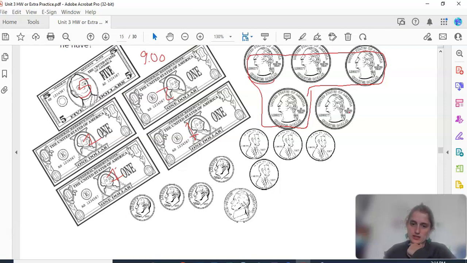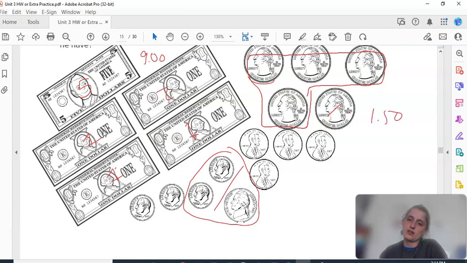This is 25 cents. Let's see if we can make another 25 cents. Here's another 25 cents, 2 dimes and a nickel. So together that makes 50 cents. So we have another $1.50 right here. Plus 10, 20 more, plus 21, 22, 23, 24 more,